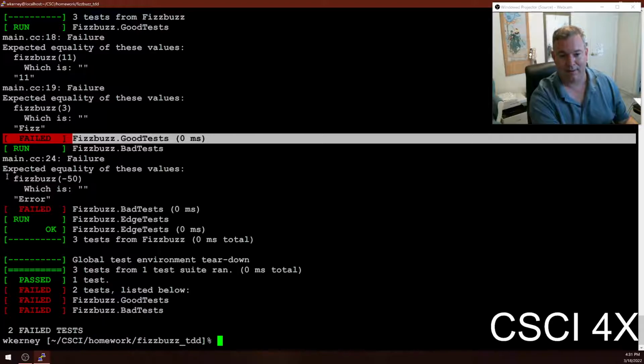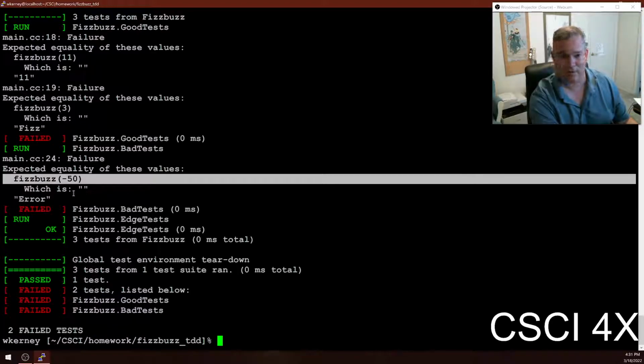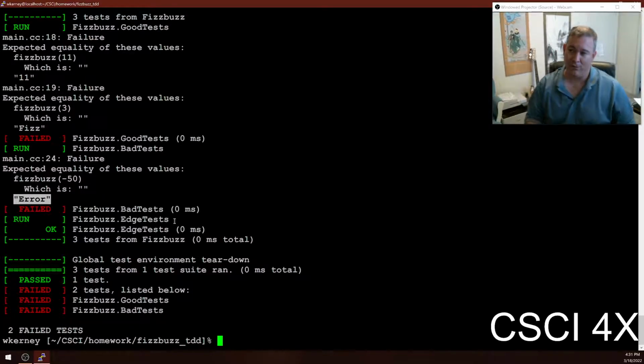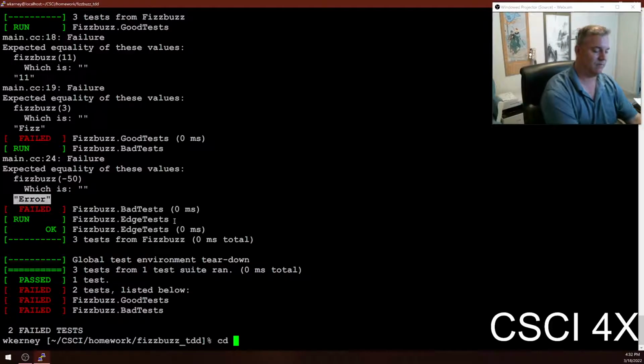And then here we're passing a negative 50 to fizzbuzz. We're getting an empty string as a result. It should have been an error. Fail, fail, fail. So we're getting all these reds. What I want from you is 2 screenshots in addition to the auto-grading. One is a shot of your test code. The other is this, but with it passing all the tests. It should look something like